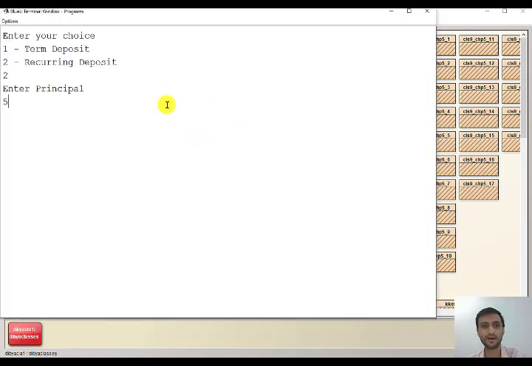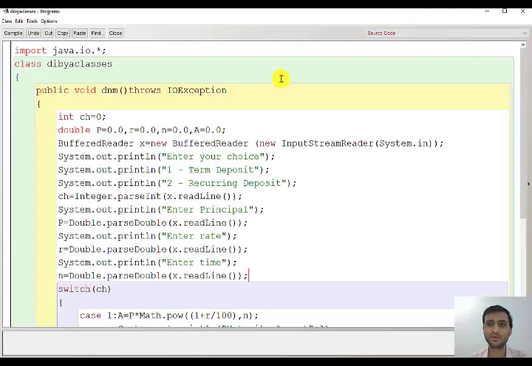Same thing, the output will not change, it is just the input method. 4 and then 2, same. Clear? So you don't have to copy this program from the video. I will be sharing these programs in the WhatsApp group you have. I will be sharing with you directly all the answers, so from that you can copy them. Clear?